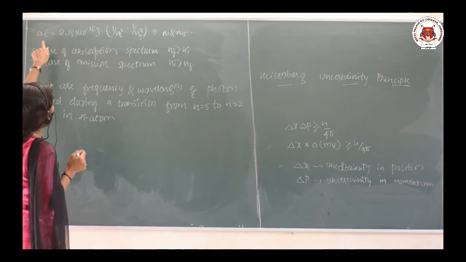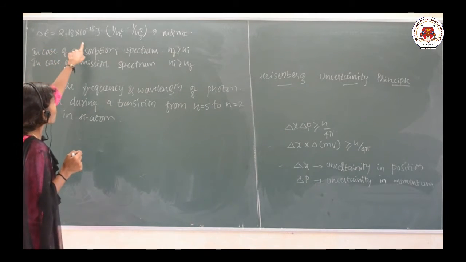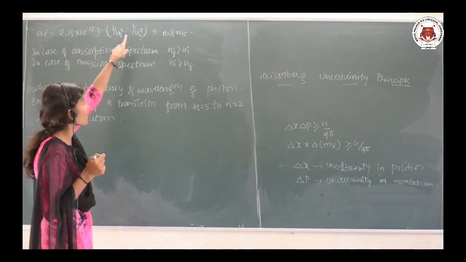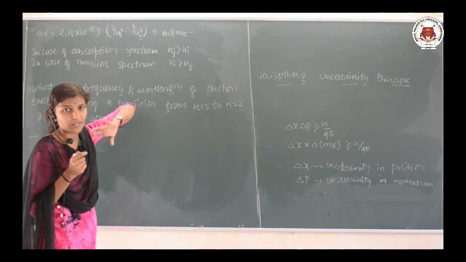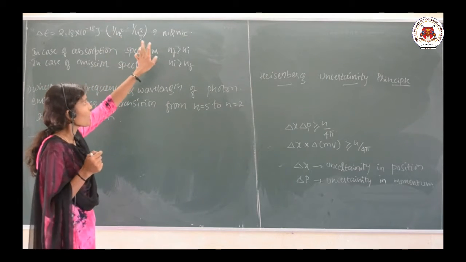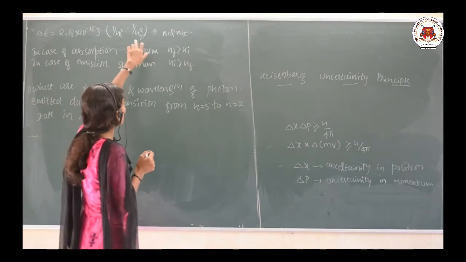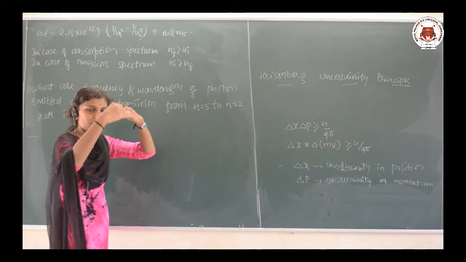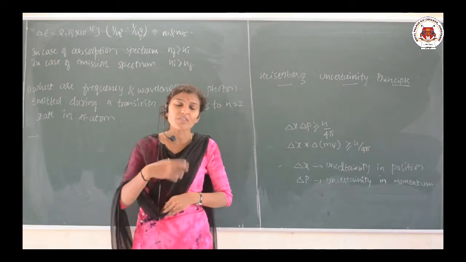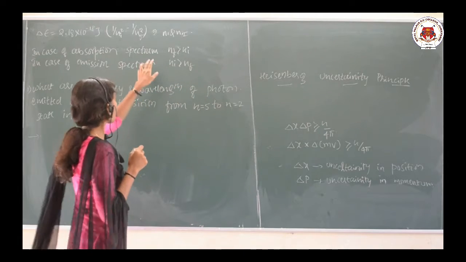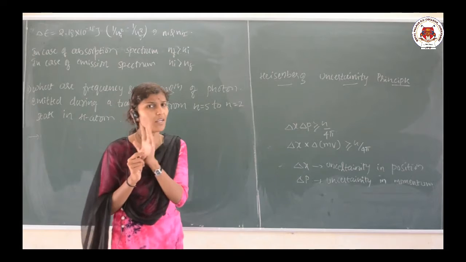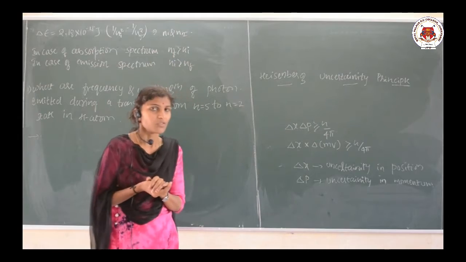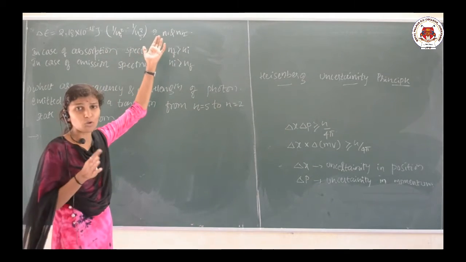So already we know that delta E is equal to 2.18 into 10 to the power minus 18 joules into bracket 1 by n1 square minus 1 by n2 square. We know that n1 can also be replaced by ni, meaning initial, and n2 can be replaced by nf, that is final. Energy levels, as you know, are n equals 1, n equals 2 and so on. Instead of n1 and n2, in your NCERT they took ni and nf. The simple thing is, ni is initial and nf is final. Even you can take n1 and n2, no problem.